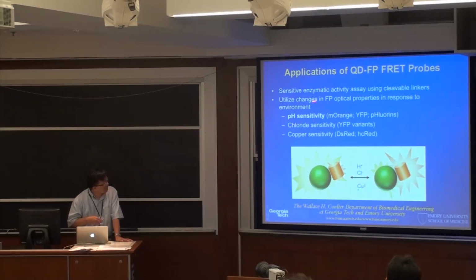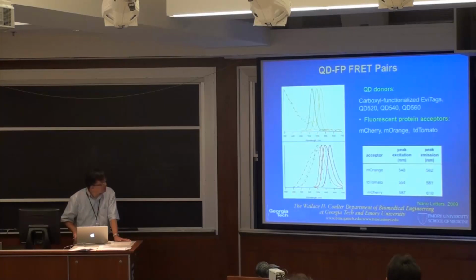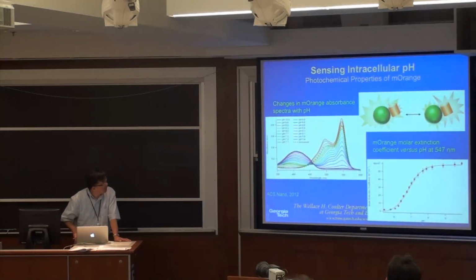The second application we explored is to use the pH sensitivity of specific fluorescent proteins, combining that with quantum dots to have a probe for quantifying intracellular pH. So let me just focus on the second application. Let me skip that. In that case, if you just take mOrange, which is a fluorescent protein,